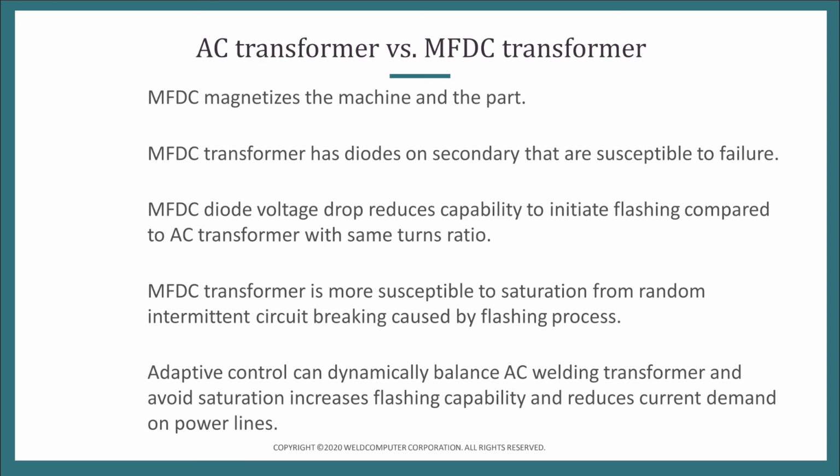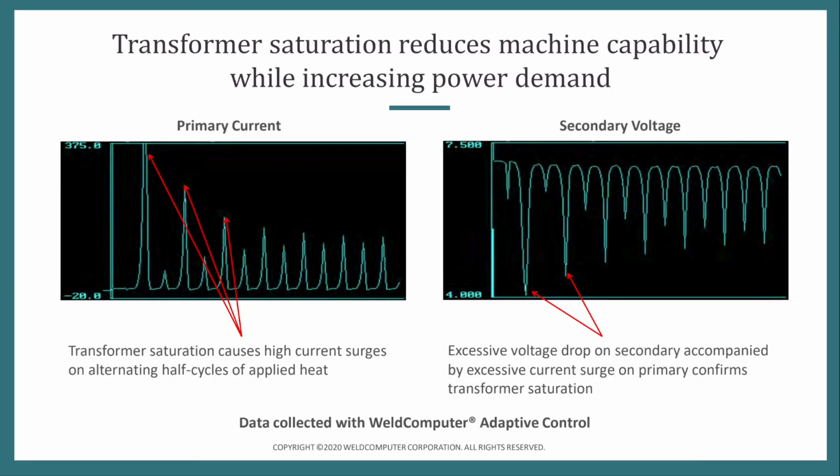And in terms of MFDC versus an AC transformer, MFDC magnetizes the machine and the part. The transformer has diodes on the secondary that are susceptible to failure. You also have a voltage drop from the diodes on the MFDC, so that now reduces your capability to initiate flashing compared to an AC transformer with the same turns ratio. And the MFDC is more susceptible to